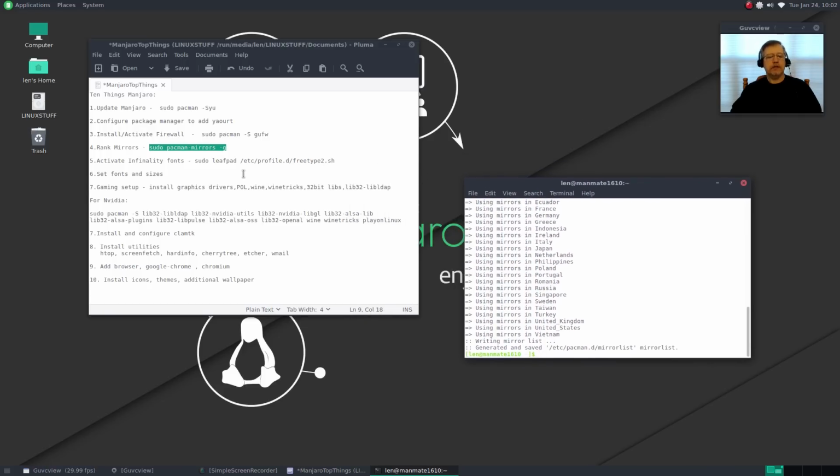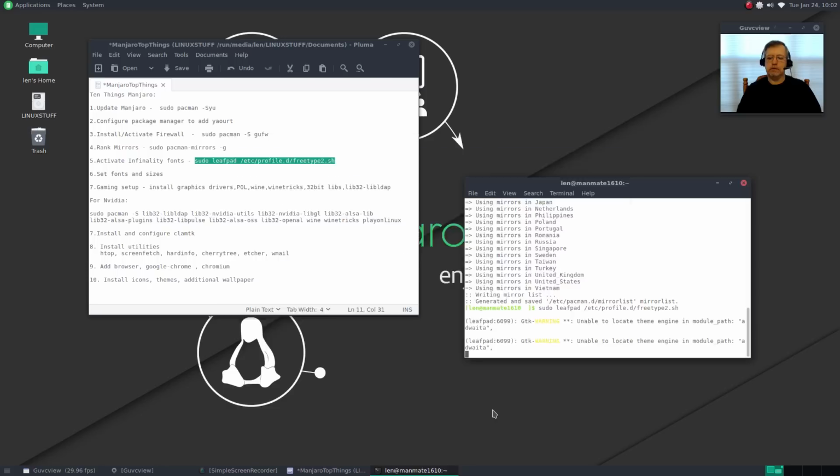Okay, now one of the interesting things that I have found out recently is that Infinality Fonts is set up within Manjaro, and all you have to do is turn it on. The process is a little more difficult if you just have a plain vanilla Arch install, but Manjaro has made it pretty easy. Let's take a look at what you'll do. You see this command here? And I'm going to put these notes in the show notes. If I copy that and paste that into a terminal,